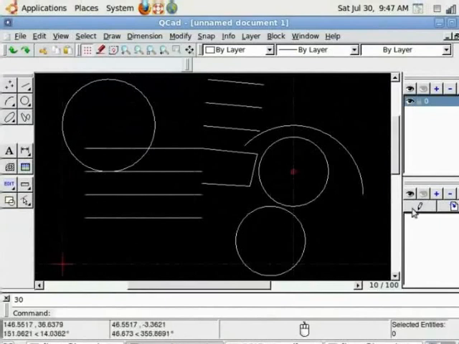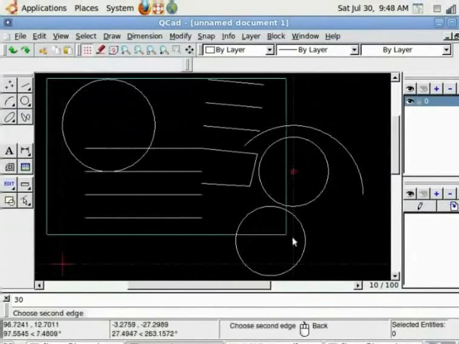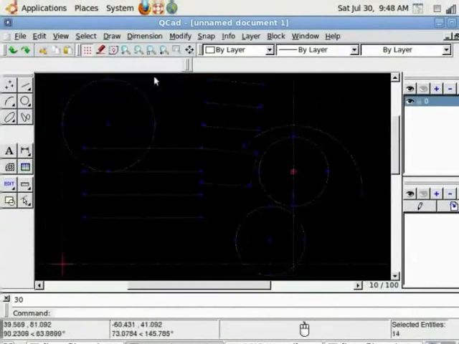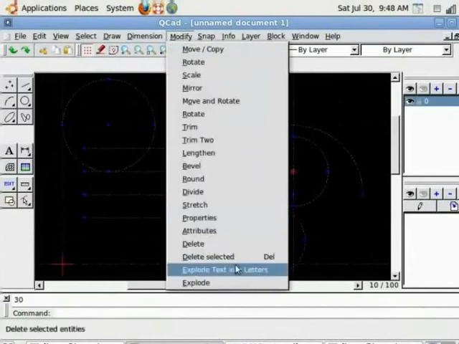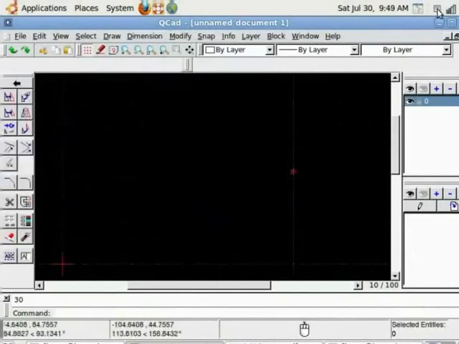Let us try a drawing new file. Let me clear this area. For this I click at one corner, select, and then from top menu I go to modify, delete selected. Every drawing in QCAD starts at absolute 00 position, which is marked by this red crosshair on the drawing area. Every other point is drawn in relation to this absolute 00 point.